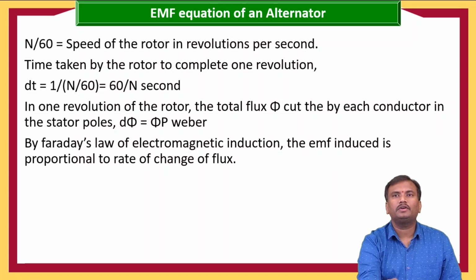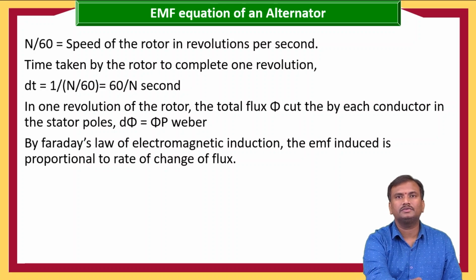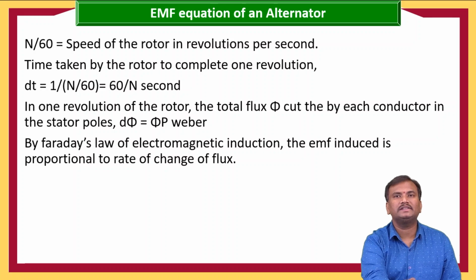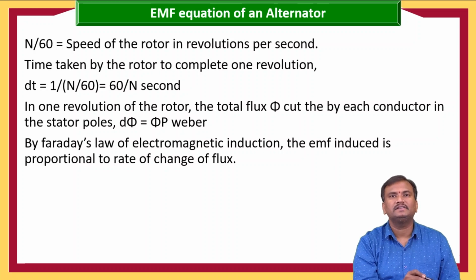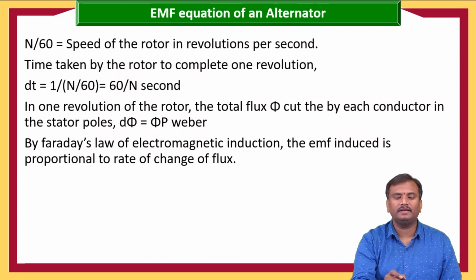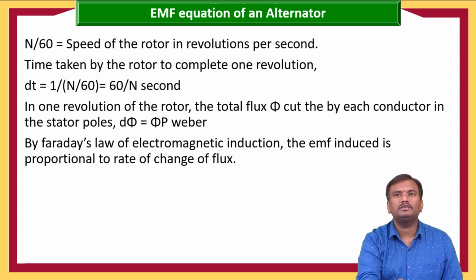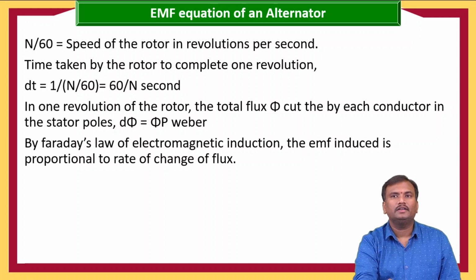Time taken by the rotor to complete one revolution is dt equals 1 by N by 60, which is equals to 60 by N seconds. In one revolution of the rotor, the total flux cut by each conductor in the stator